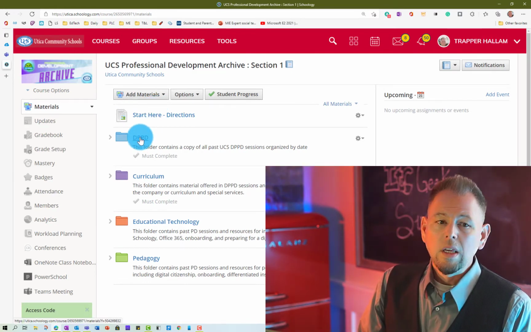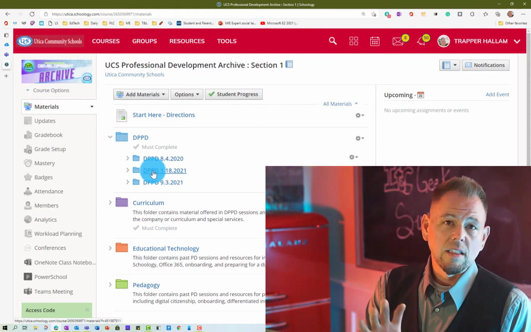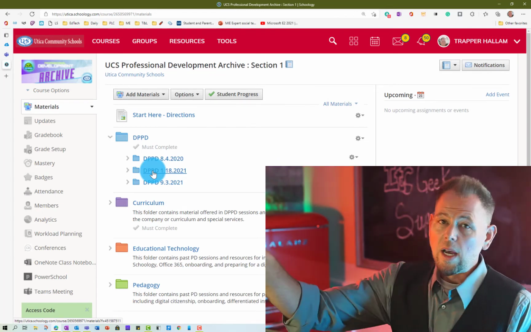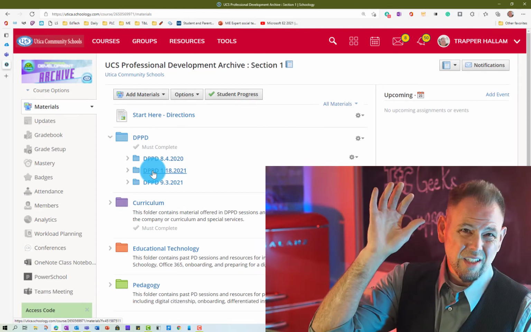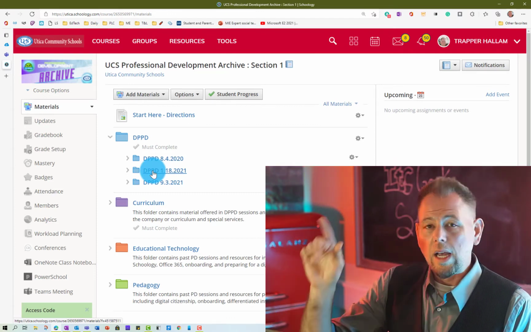But if we look at the folder set that we have, a DPPD folder. This is for an archive of exactly the PDs as they existed for you in the professional development course I already showed you. So we copy those, we bring them back here, it looks exactly the same. So this is handy if there was a course that you were like, I gotta get to that one,